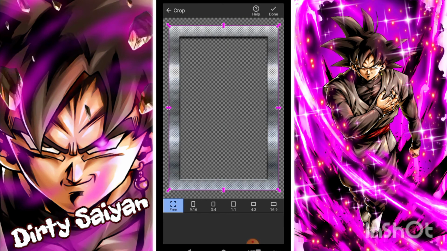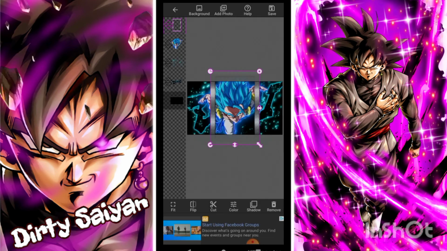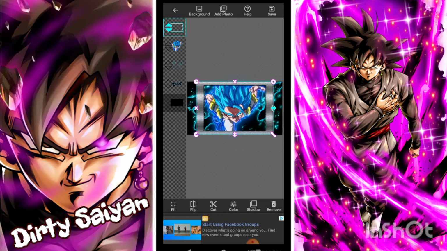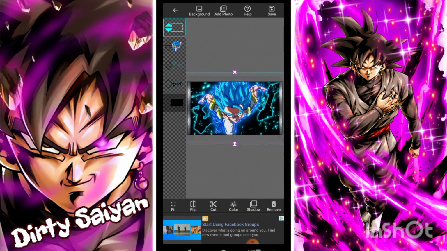I've got some stuff saved. I've got this metallic one that I've been using a little bit recently, so we'll grab that one, and I'm just going to resize it so that I can get it to fit properly the way I like on the edges. You can always click on fit and it'll drop it back to the default that it drops in on. If you screw up and stuff goes off the screen and you can't find where you're trying to move the object around, that's fine. Okay, and then once everything is cool and you've got it all set up with the spacing away from the edge that you like,